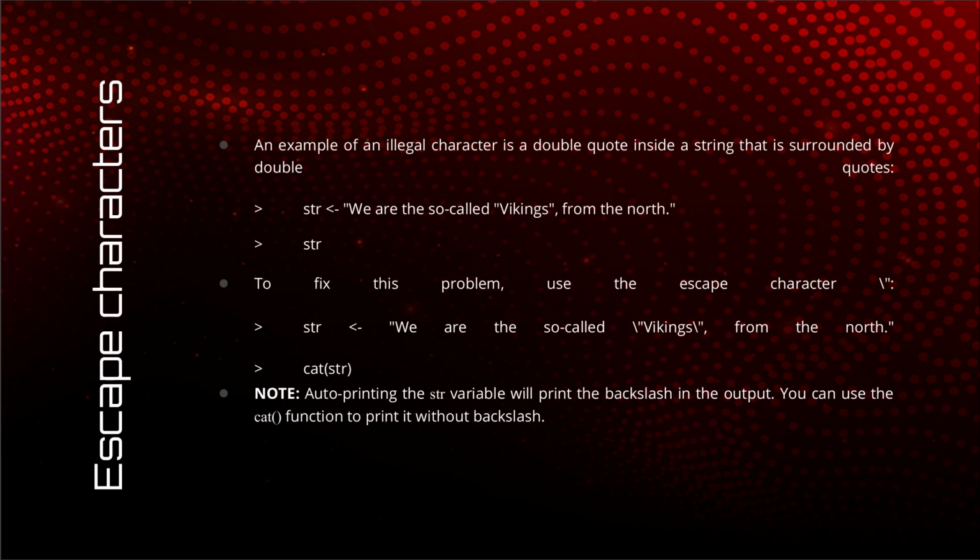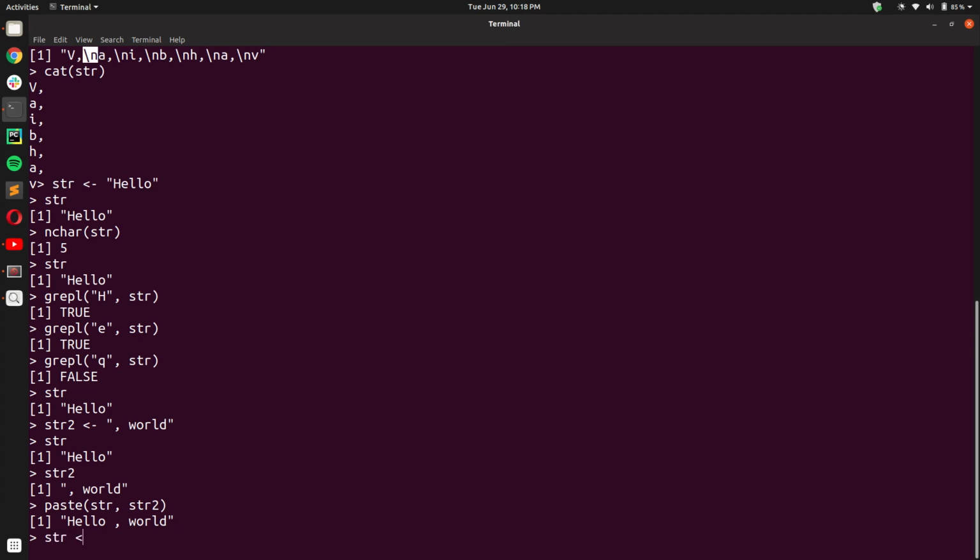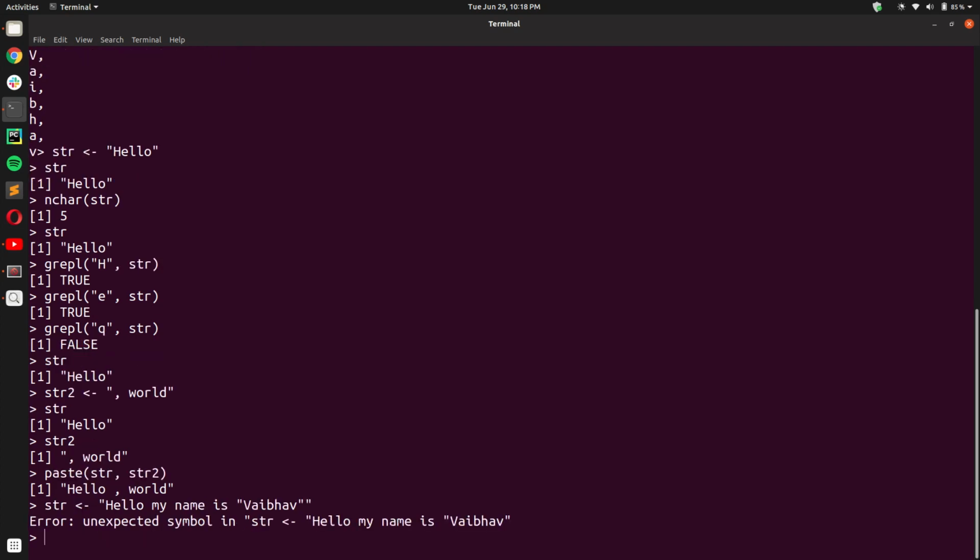Okay, so let us see this with an example. Let us say we want to create a string variable that has the value hello, my name is "Webov". Okay, you see when I execute this, I get an error.